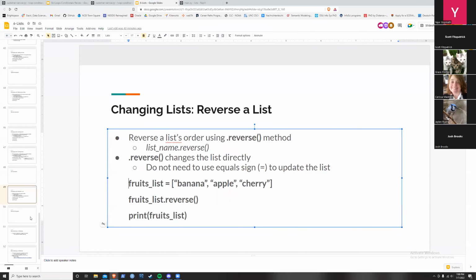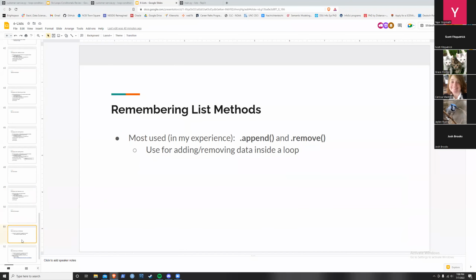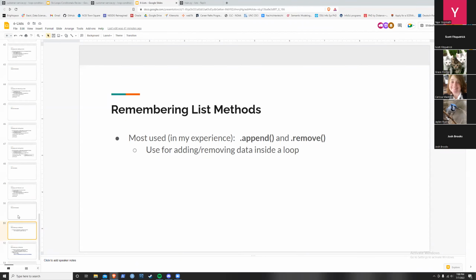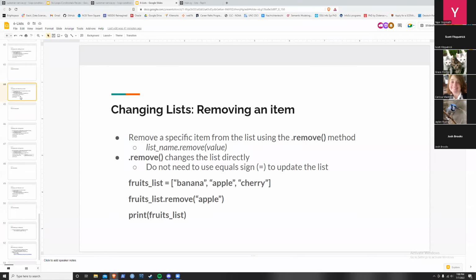Okay, now we're right at 7, and I think that's perfect timing. I have 2 last slides, but that's okay. We didn't get to them. Just a couple points I wanted to make. But basically we have all of these methods that we went through, the 4 main ones that I think you